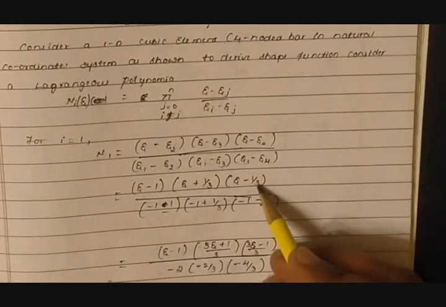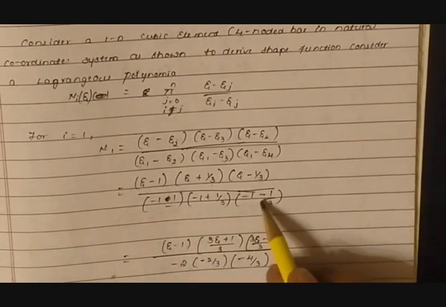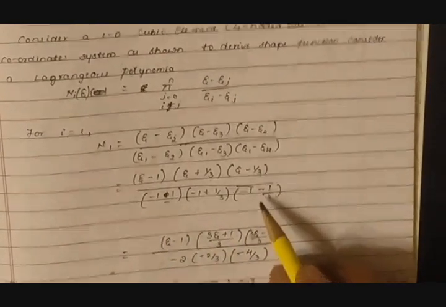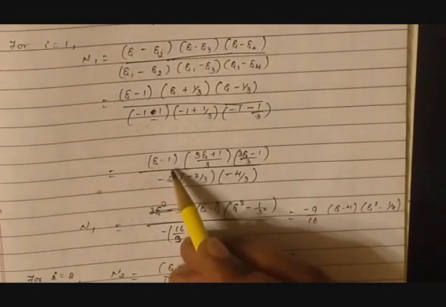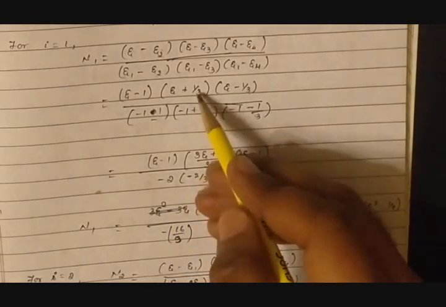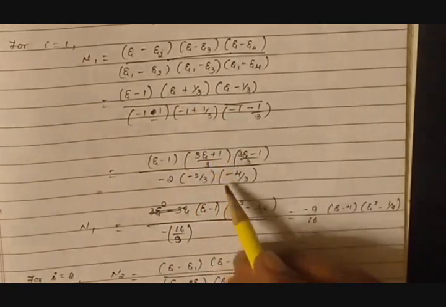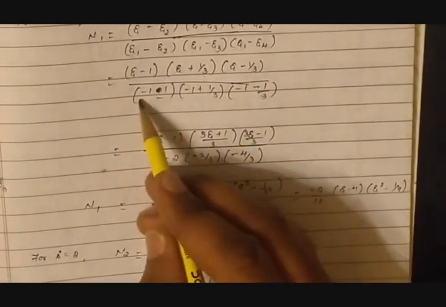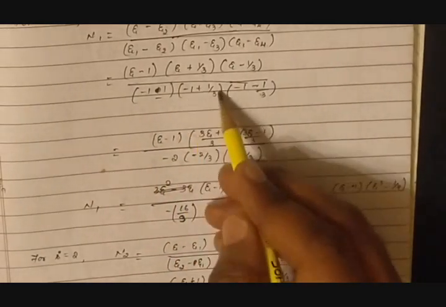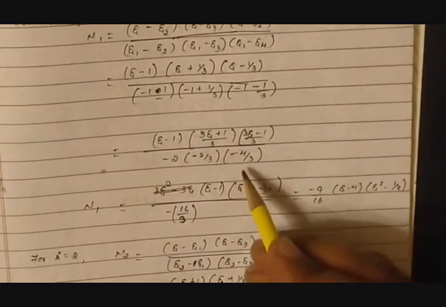Substitute that, it will become -1/3. Similarly, substitute all the values in the denominator. So simplify it, you will have zeta minus 1 into, this is zeta plus 1/3 into zeta minus 1/3. In the denominator you have -2 minus 2/3, this and this will give -4/3. Further simplification of this will give you